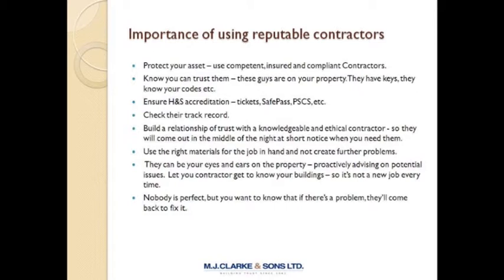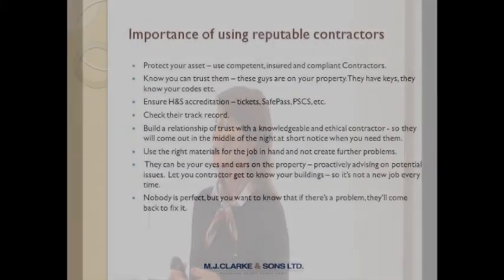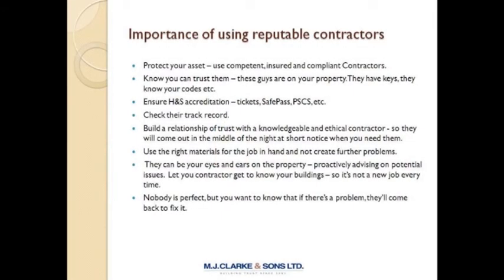People can do more harm than good going out and putting the wrong kind of material, like patching a trocal roof with felt or something like that. You'd actually destroy the roof. So just make sure that they actually know what they're doing. They can be your eyes and ears on the property, proactively advising on potential issues that may arise. A guy who knows a building will be able to spot that probably before you will